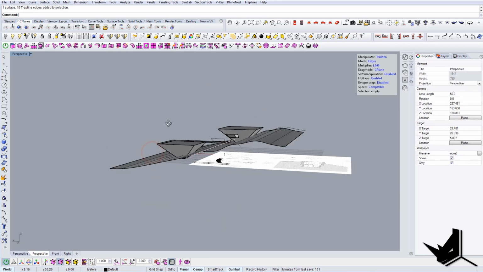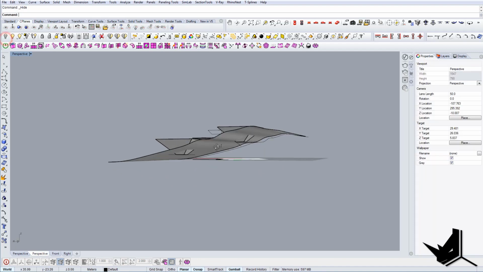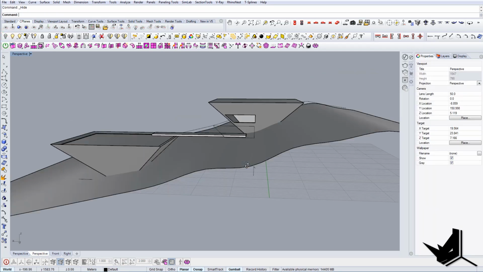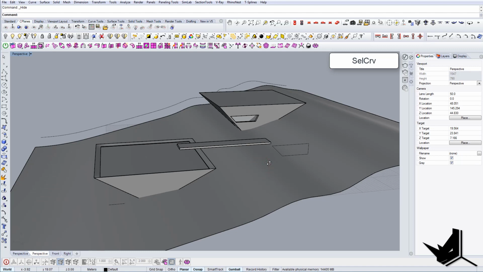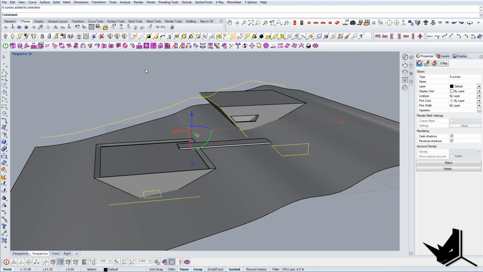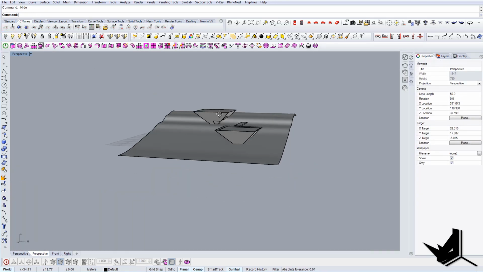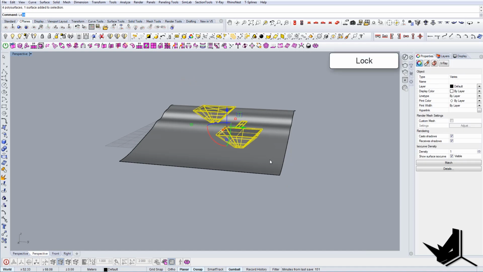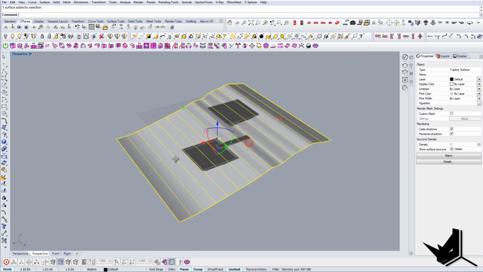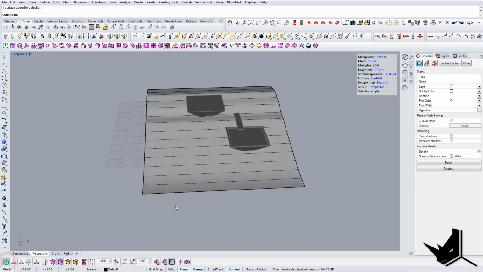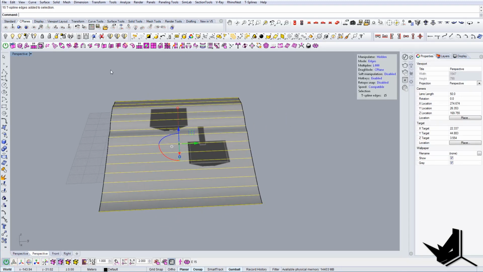Let's hide everything else that we don't need. So I'm gonna type select curve. I'm gonna hide everything, and I'm just gonna leave it with this. And I'm going to lock this geometry so that I don't mess around with it. I just want to manipulate my ground here. So I will add some additional